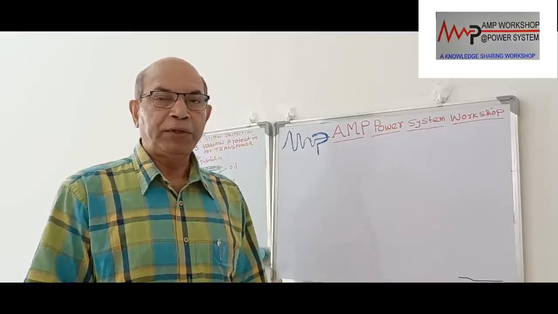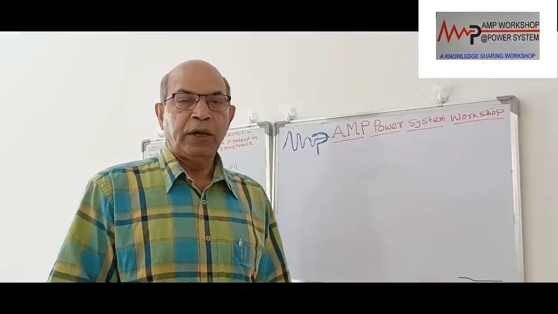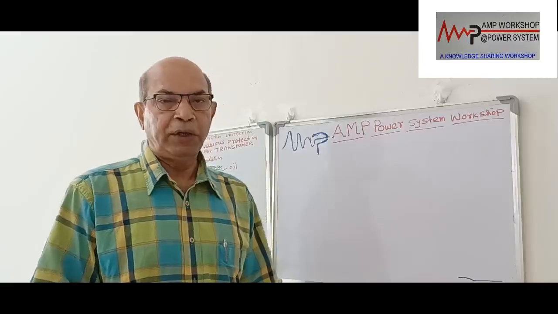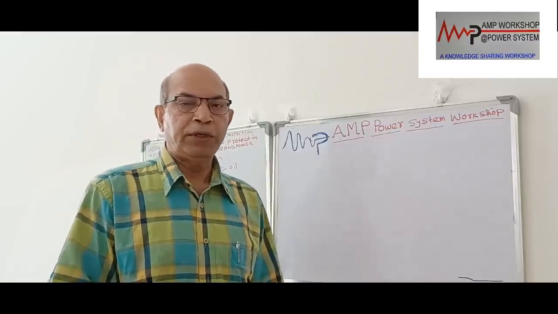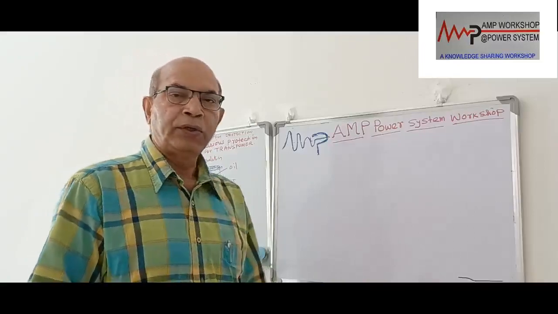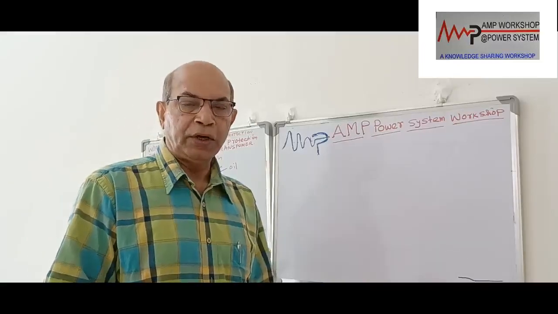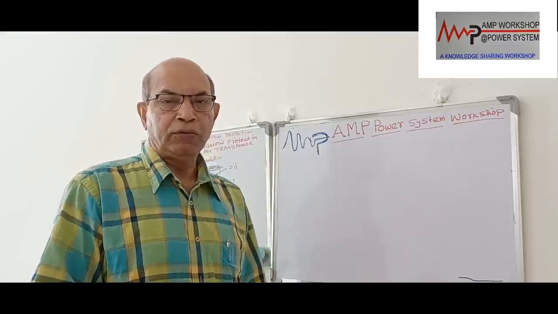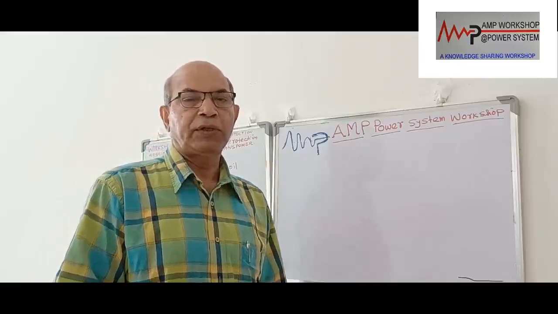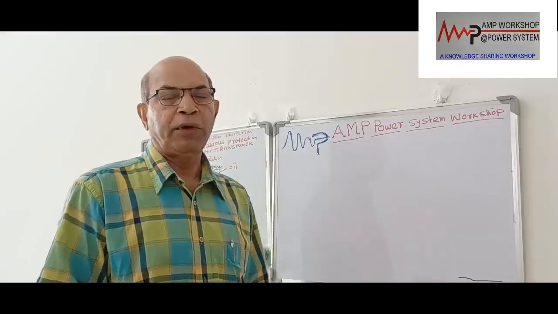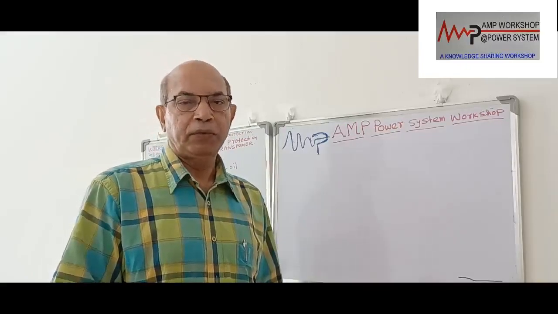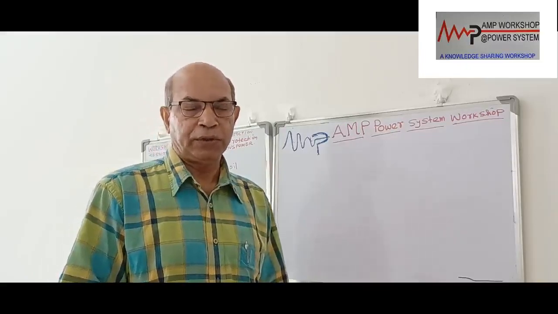We have completed 6 sessions and now we are in discussion of session 7, part 3. Part 1 and 2 we have already completed. In part 3 we are going to discuss the various protections required for transformers, how to apply those protections, and why the protections are required in transformers, and what are the various problems or failures that can come to the transformer that we'll also discuss.